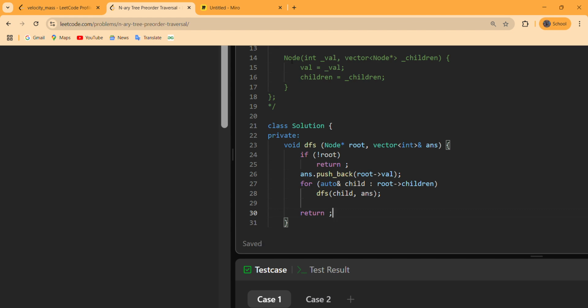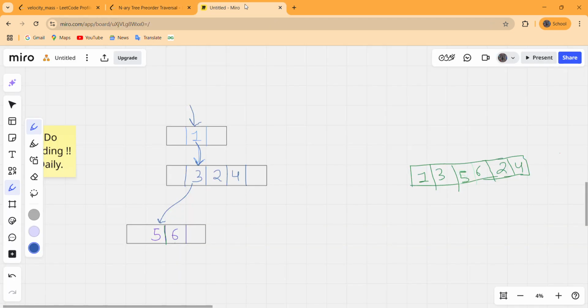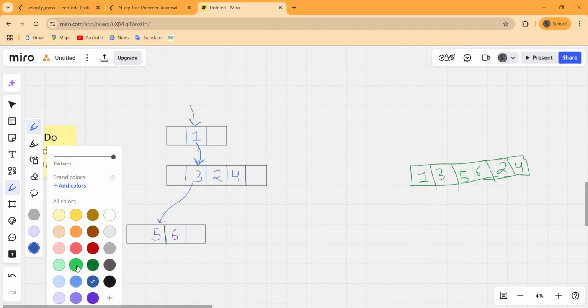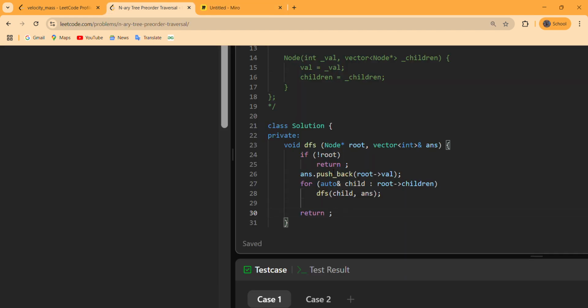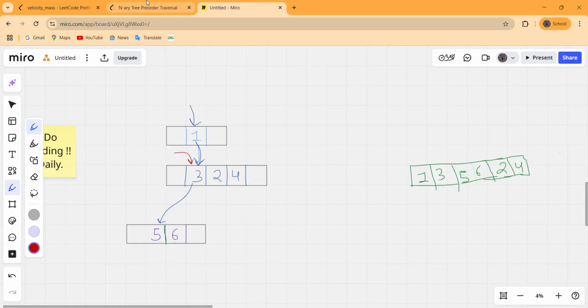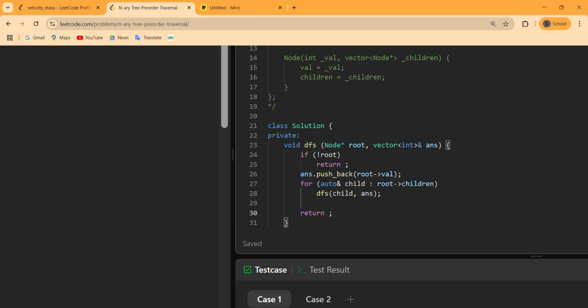So what will this function do? After completing this one, the counter goes to here, and this will check if it is null or not. No, it is not null, so push that inside our answer.